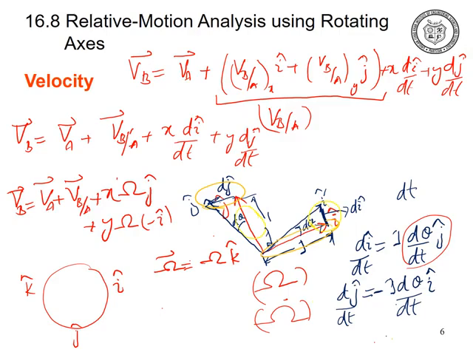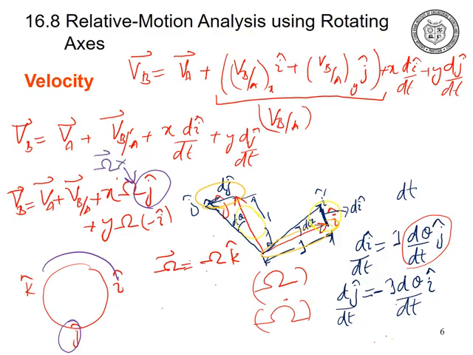So how can we cross multiply k with any unit vector to come up with j? When we cross multiply k with I, it gives us j. So it means that we can write this equation as